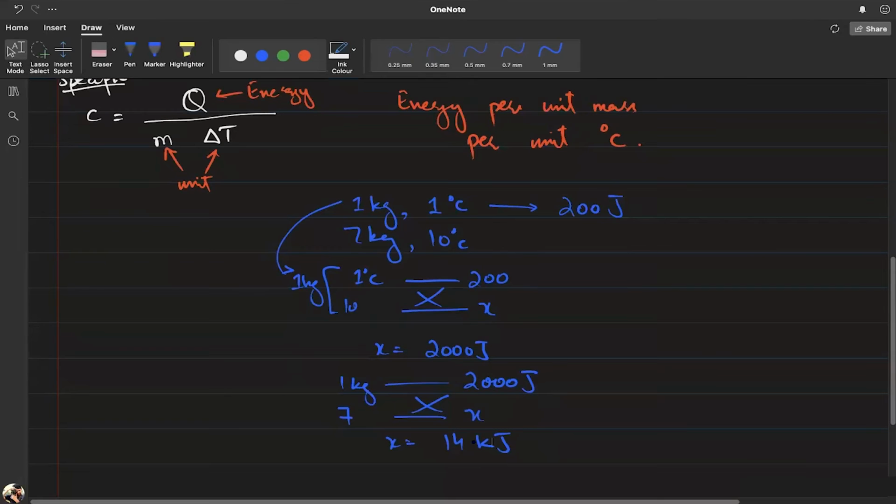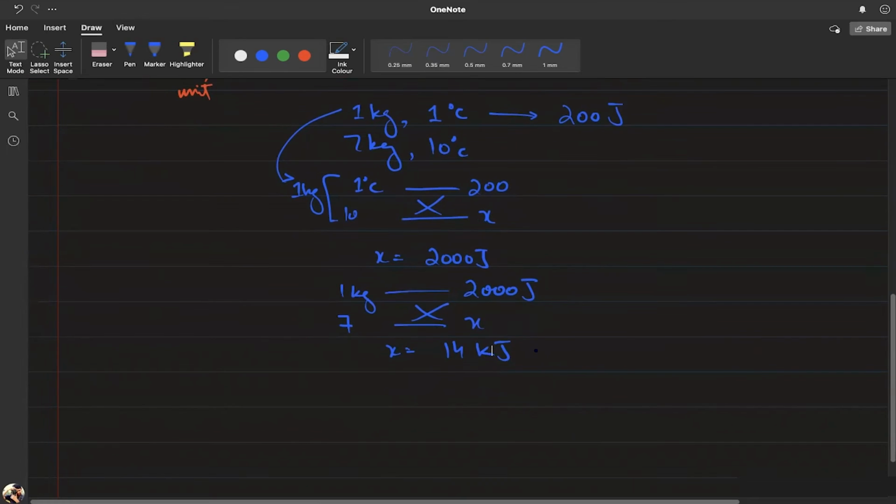So if I know the specific heat capacity of anything, that is my unit value. Now I can multiply it: okay, for 10 kg I need this much, for 0.2 kg how much do I need? Whatever amount I have or whatever change in temperature I want, I'll just multiply it with it. So that gives me my energy. So that tells me that if I know the specific heat capacity, I can just multiply it by mass and I multiply it with how much temperature change I want, and I will get the total